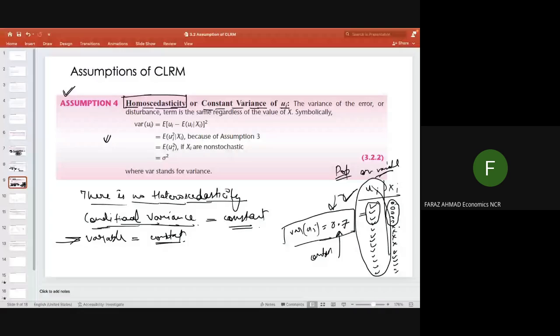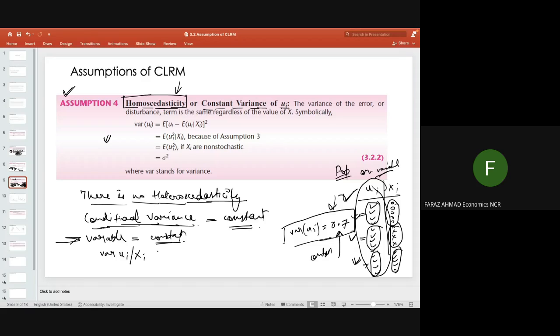In that sense, we are understanding this assumption that we don't take the list of Uis like this. No, we have to write our X values. For example, these are certain X values, and these are certain X values, and these are certain X values, and they are different from each other. For each given value of X, what is the variance of U? For another value of X, what is the variance of U? So we take these lots. For this value of X, what is the variance of U? It will all be the same. That's what it means when we say homoscedasticity is present, right?